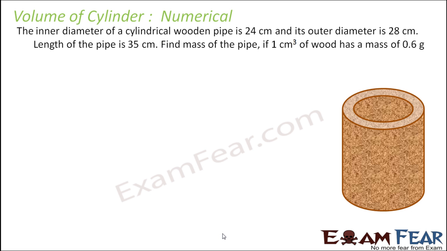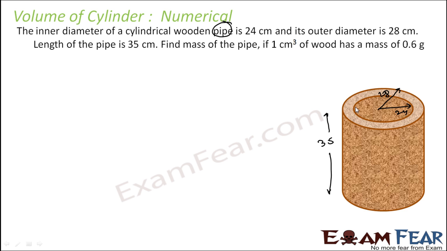The inner diameter of a cylindrical wooden pipe, note it is a pipe. The inner diameter is 24 centimeter. Outer diameter is 28 centimeter. The length of the pipe is 35 centimeter, all in the same centimeter. Find the mass of the pipe, if 1 centimeter cube of wood has the mass of 6 grams. So that means we have to find the mass of this particular